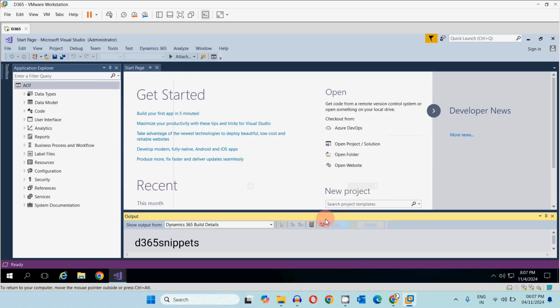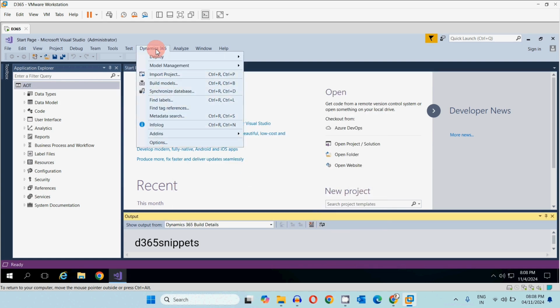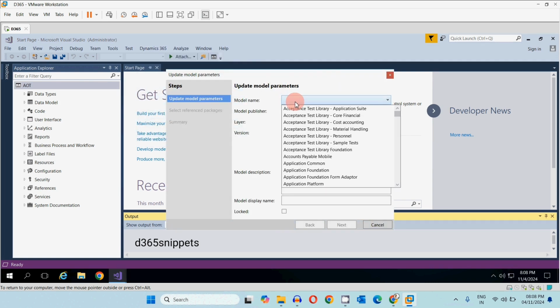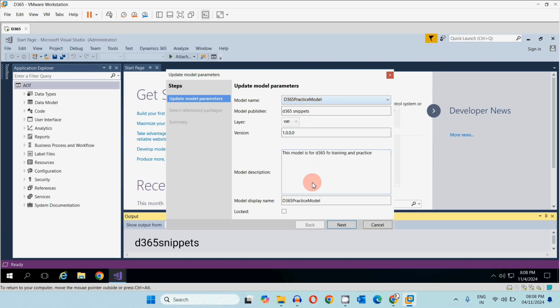If you want to check this model, you can go to model management, update model parameters. You can search here for D365 practice model. See, you can see the practice model. If you want to update anything for this model, you can do it by using update model parameters. So this is about this